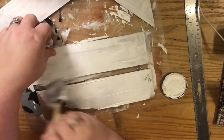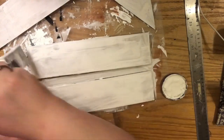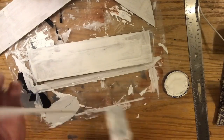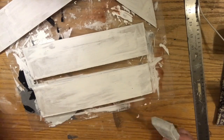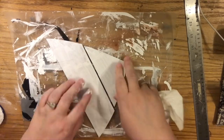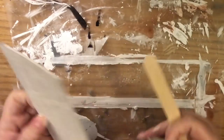So we're going to go ahead and put two quick coats of this on, just like we did for the two pieces of the heart. I stuck my thumb right in it, but it goes coverage right over. And again, these don't have to be neat. We're going to add additional coats on the top when we're done. We're just putting these as a base coat to get started. All right. Now, the next thing we're going to do is glue these two boards together. And I'll show you when we...